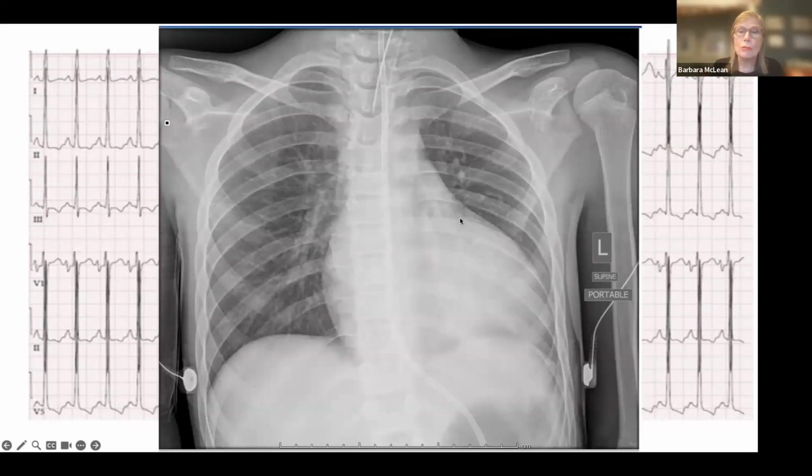Then I look at the chest X-ray, and on my chest X-ray, I can see that the heart is very, very large. Now, traditionally, you're going to say, oh, that looks like a really large heart that doesn't empty very well, and you'd be right to say that. I have a really large heart that's not emptying very well. That's why the heart gets bigger, because it's got a lot of volume in it, and we're going to call that cardiomyopathy. But what's really important is you can see these straight up and down vascular lines. And this is one of the best EKGs I've ever seen that indicates these lines. This is vascular engorgement that occurs